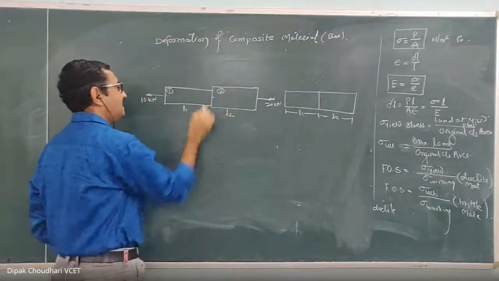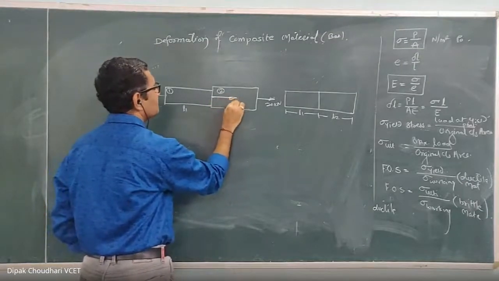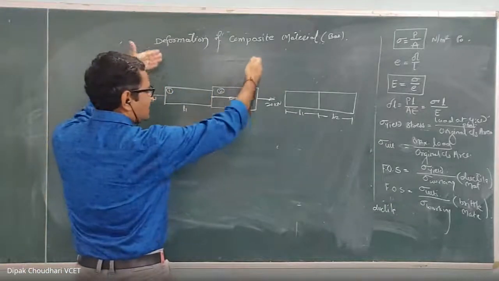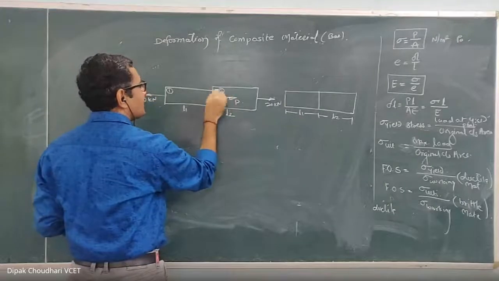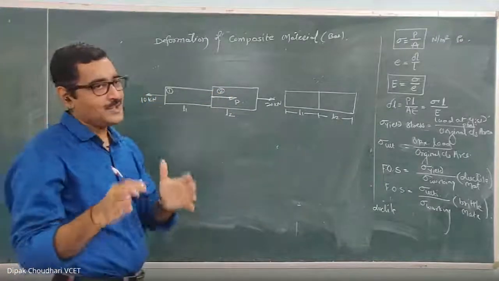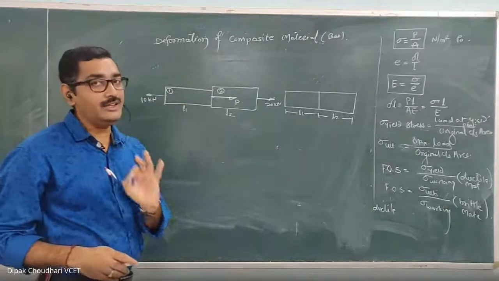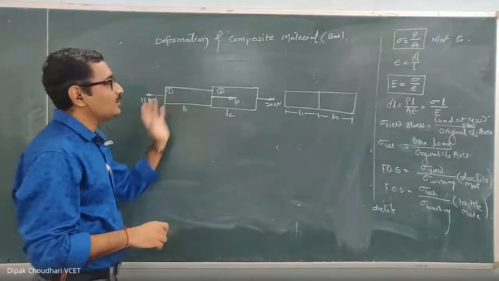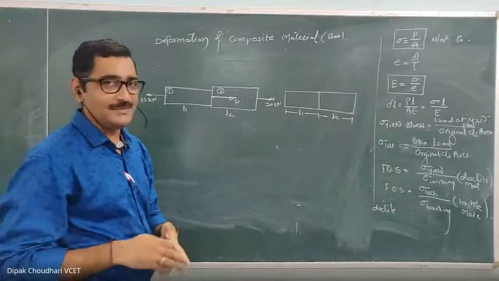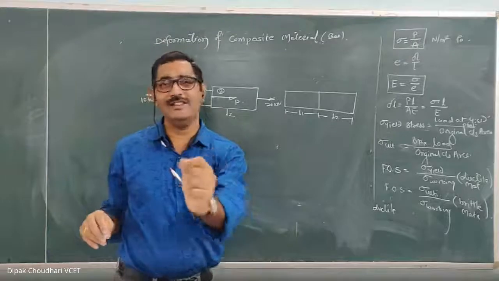And at an intermediate point there is one force P. Let this force be P. This rod is subjected to some external forces as well as one force applied at the intermediate point. Now, first thing is that you have to consider that this rod should be in equilibrium. If it is not in equilibrium, it will be in motion, and when it is in motion, the stresses induced will be something different.